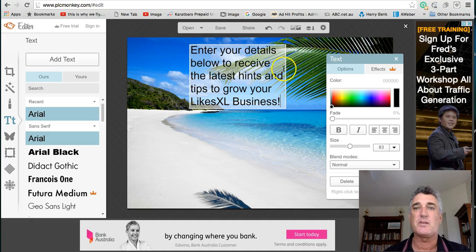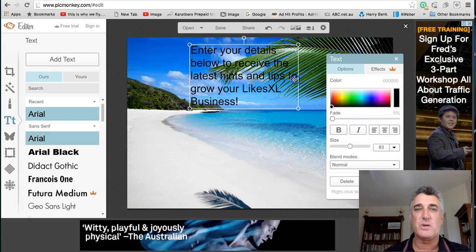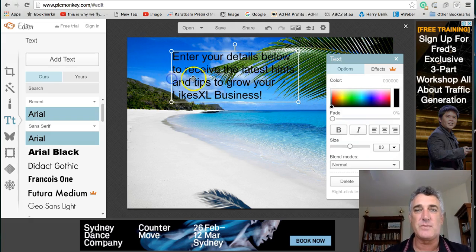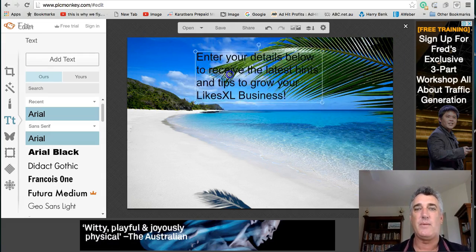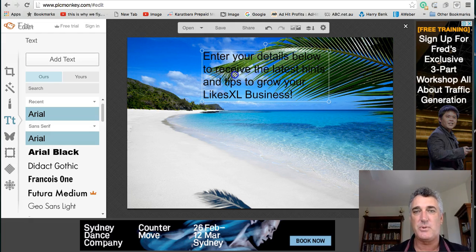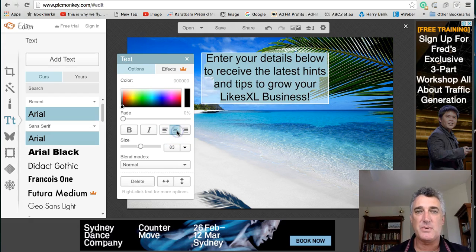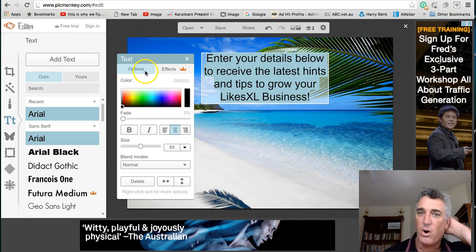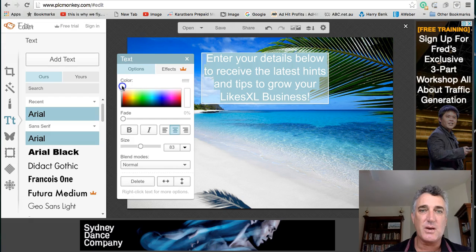All right, now let's get rid of that there just for the time being. And let's just stretch it out to make it look sort of half decent. We want to have it in the middle, and I'll explain why in a minute. Okay, let's click center that. So we're going to center that there, and let's make that font white so it stands out against the background. How we do that is we just go up here,